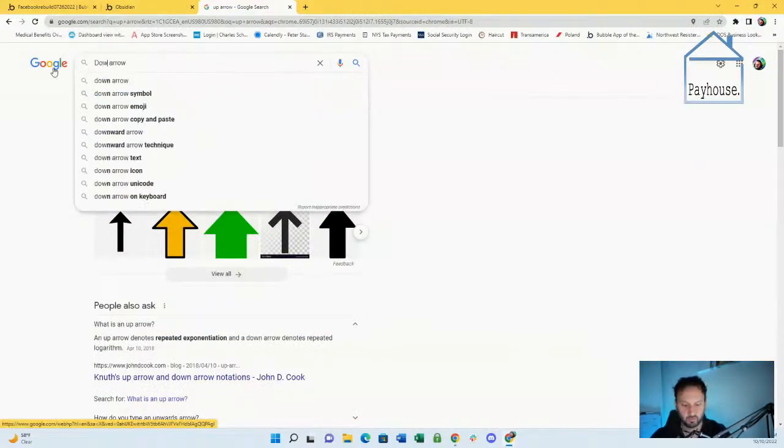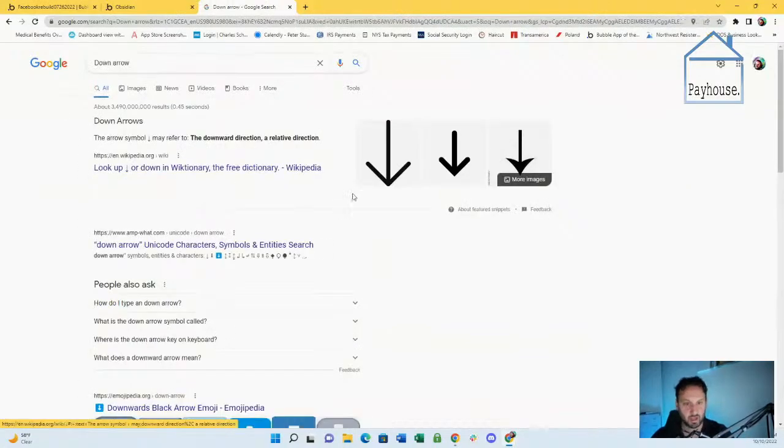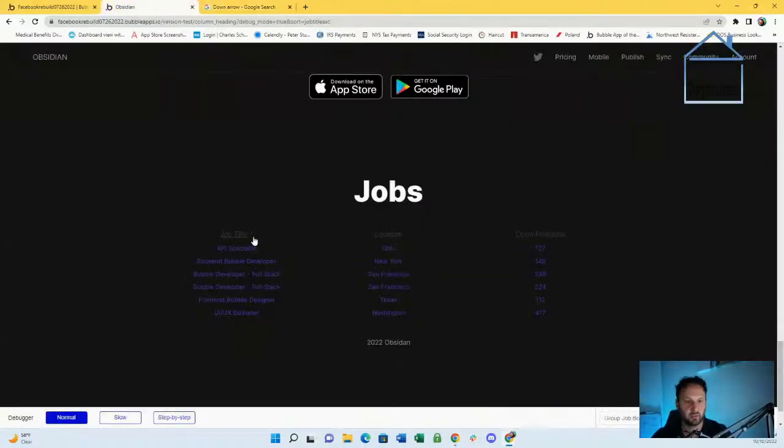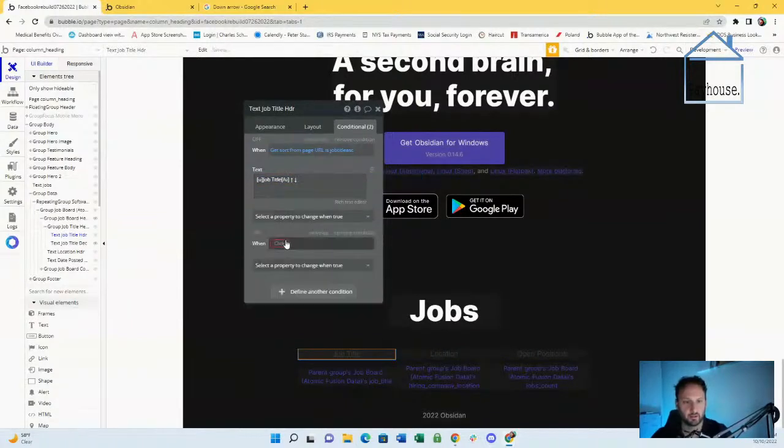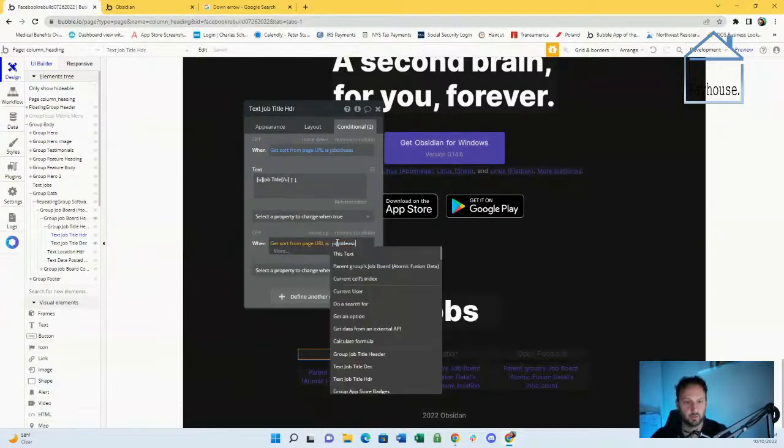I don't know. I always get confused with ascending and descending and what arrow you're supposed to use with it. But to me, it makes more sense if this is top down, so the arrow should be pointing down if it's like A to Z. So that's what I am going to do. Put this here, and then I'll add another condition that says copy this, paste, job title